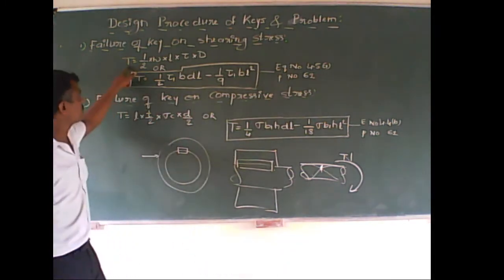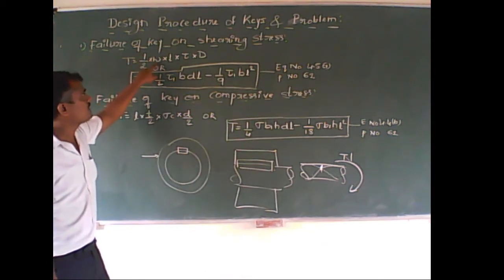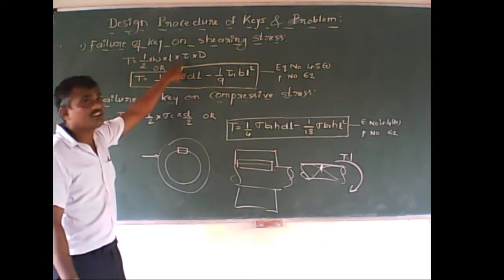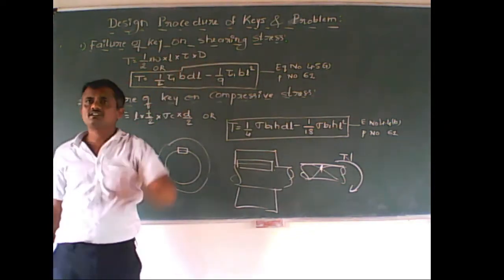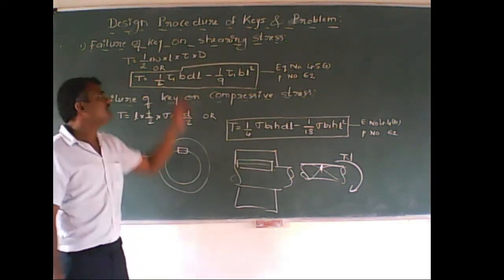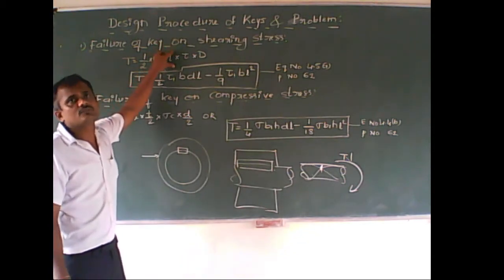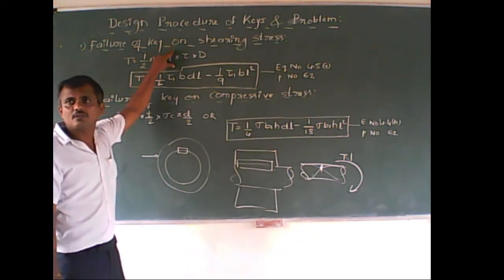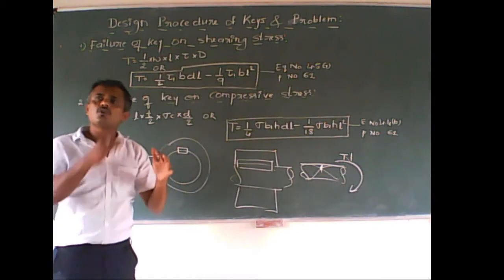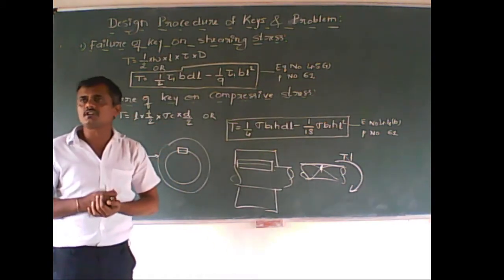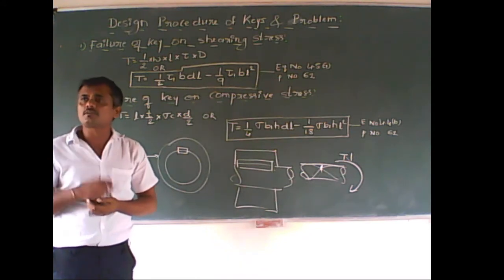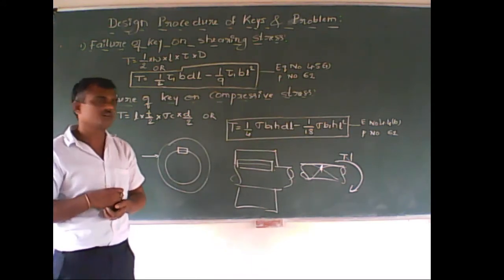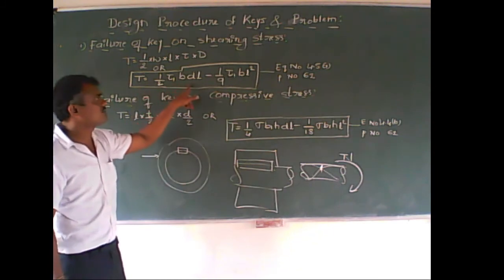So this is the equation which we can use. Torque T is equal to half into width into length of a key into shear stress into diameter of the shaft. Don't try to remember this equation since a data handbook is used. Therefore, I would like to go with the equations used in the data handbook so that our students can easily use them without by-hearting or remembering.